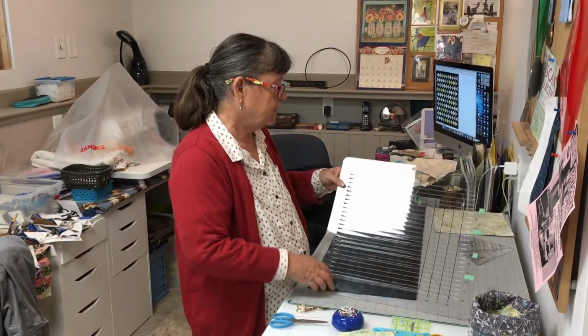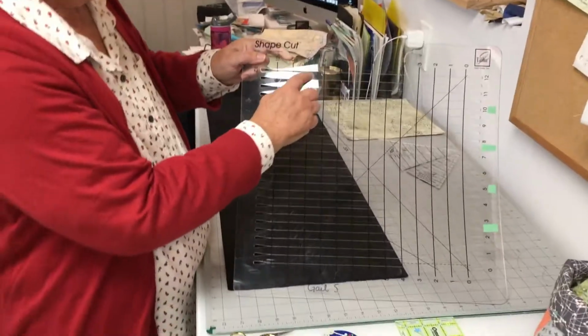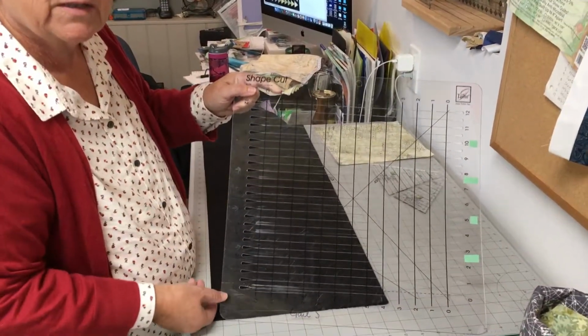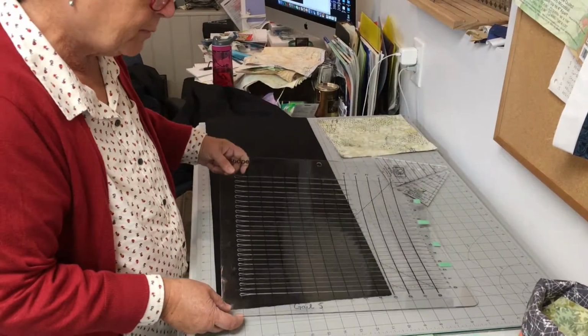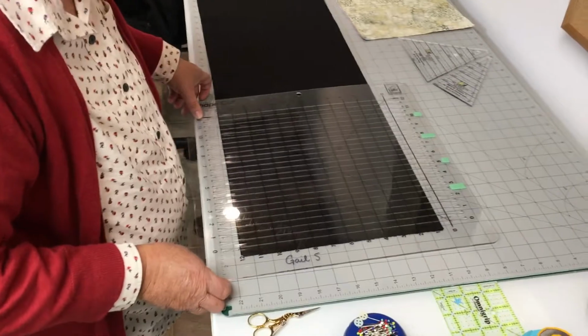I'm going to show you how I cut my Tri-Rex pieces of fabric. First of all, I start with a shape cut ruler. It's a ruler with slots in it all the way along. And for this quilt, I'm going to be cutting 5-inch strips. So I'm going to just line it up